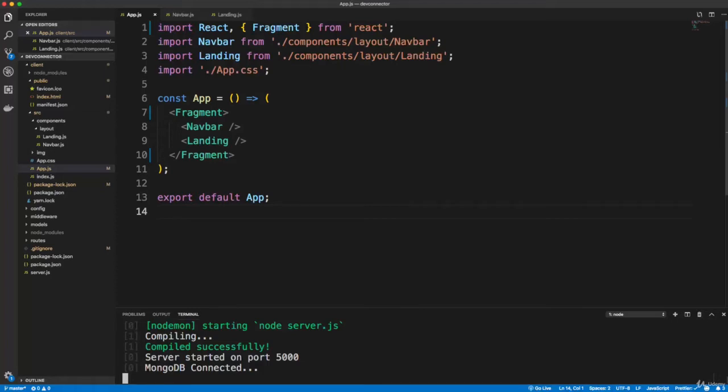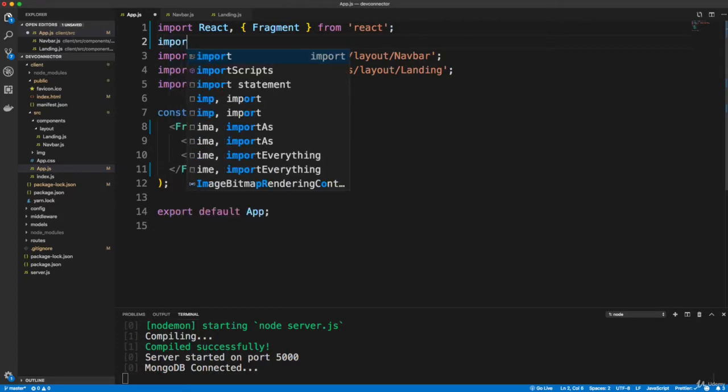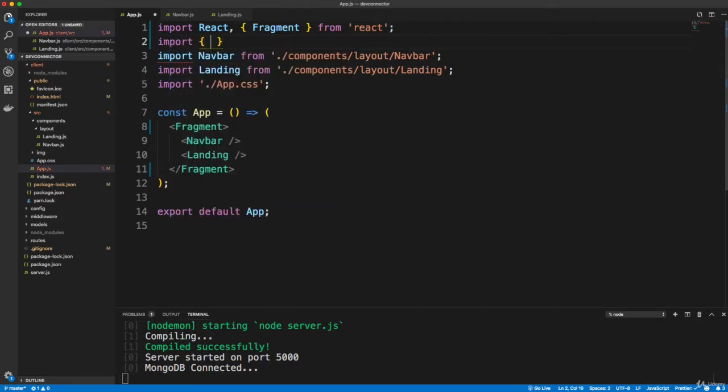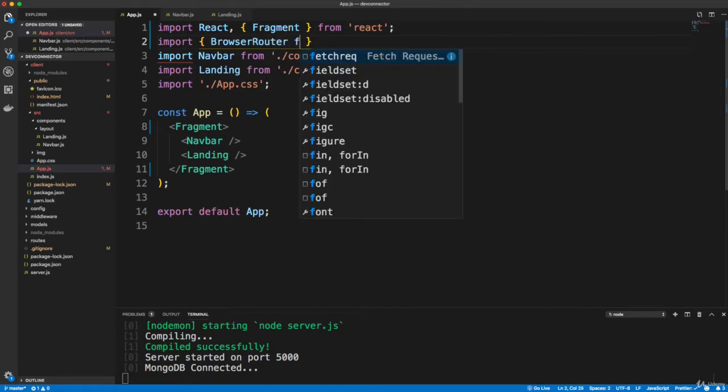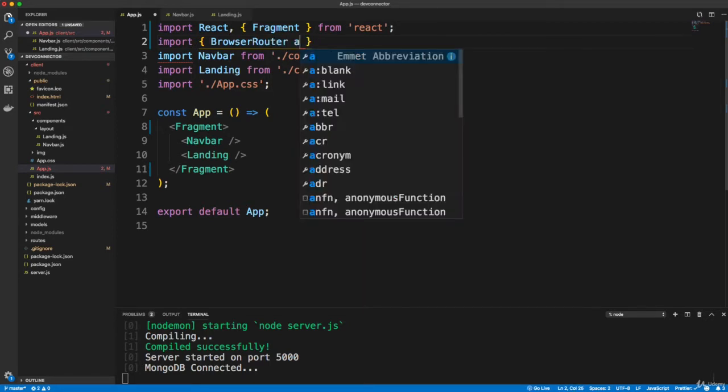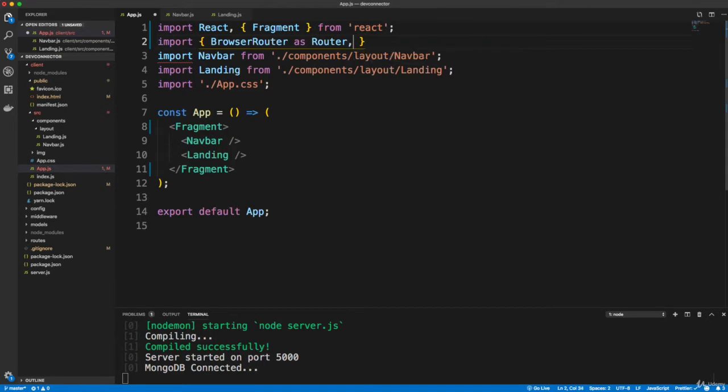All right, so now we're going to implement the React router because right now we just have the landing page embedded right in the app component here. So let's go up here and let's import. I'm going to import BrowserRouter as Router, and then let's also bring in Route and Switch